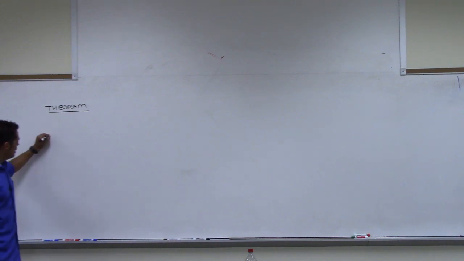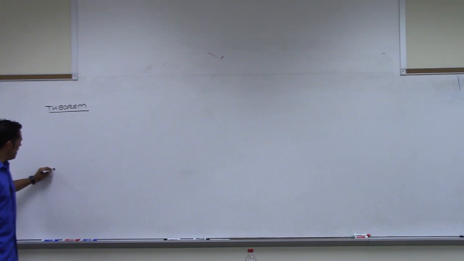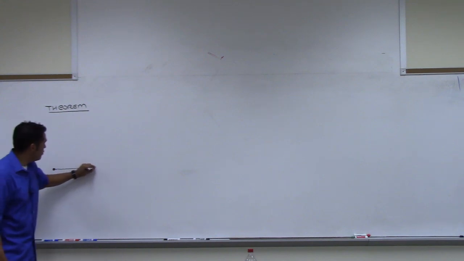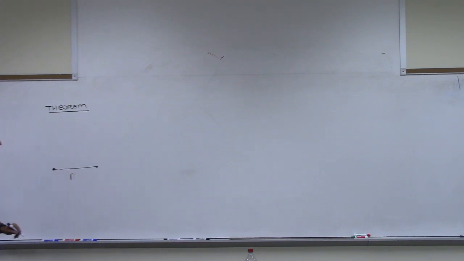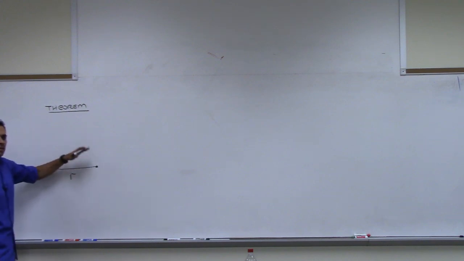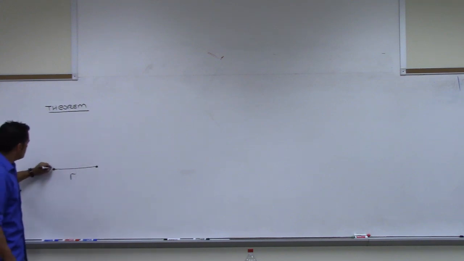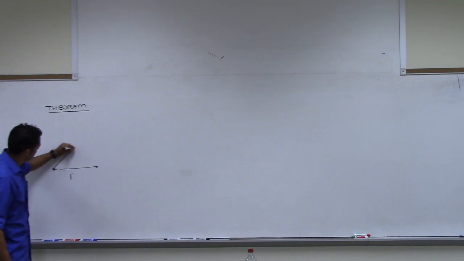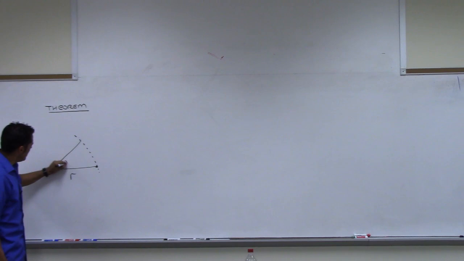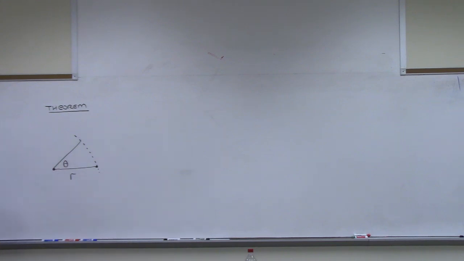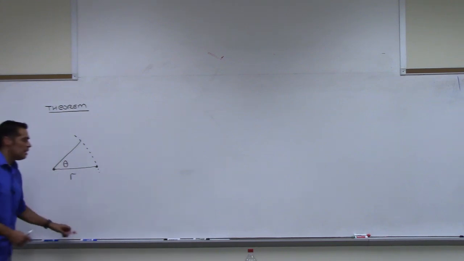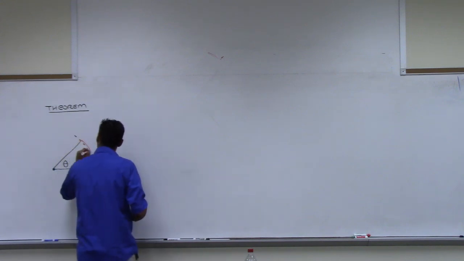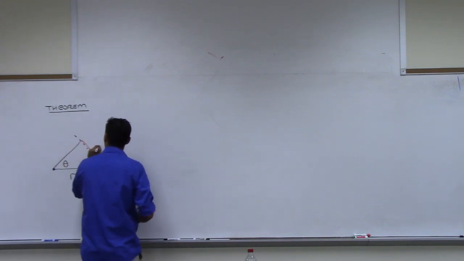If you take a vertex and you extend a ray, but you stop it, so it becomes a line segment, and this has a radius of r, so distance from here to here, r. And then you rotate, right? Rotate this through some angle. So imagine this rotates through some angle theta. Then the measurement of this right here, which we will call S,